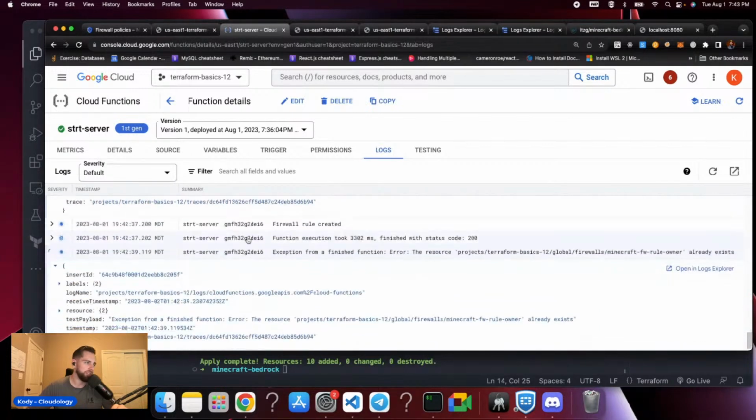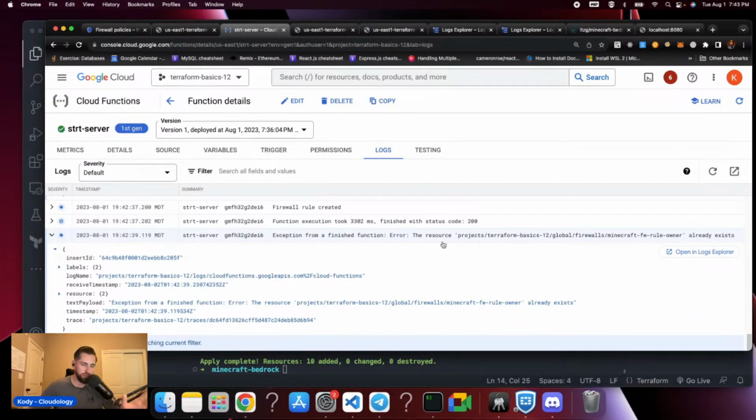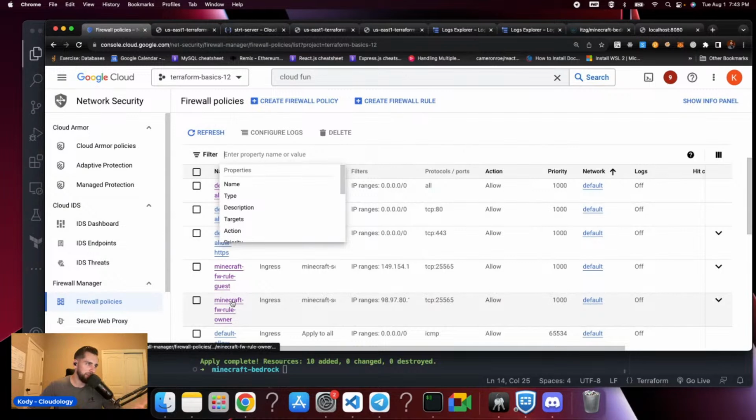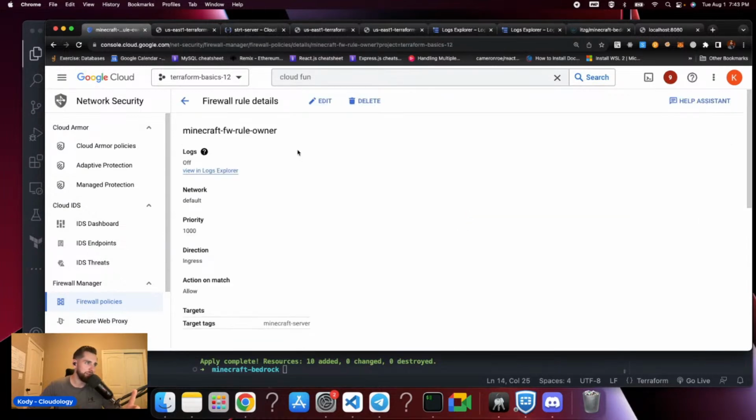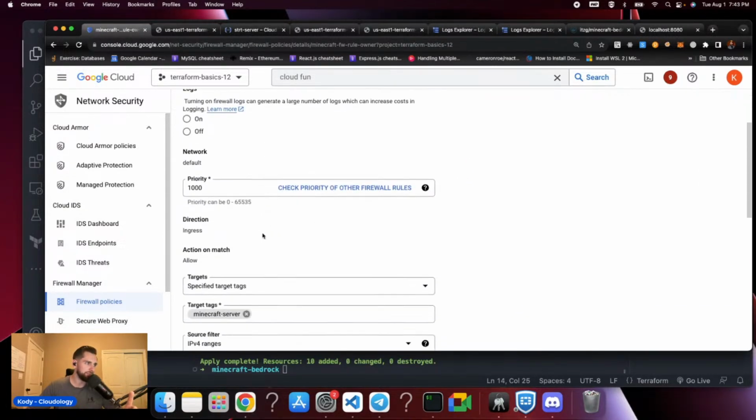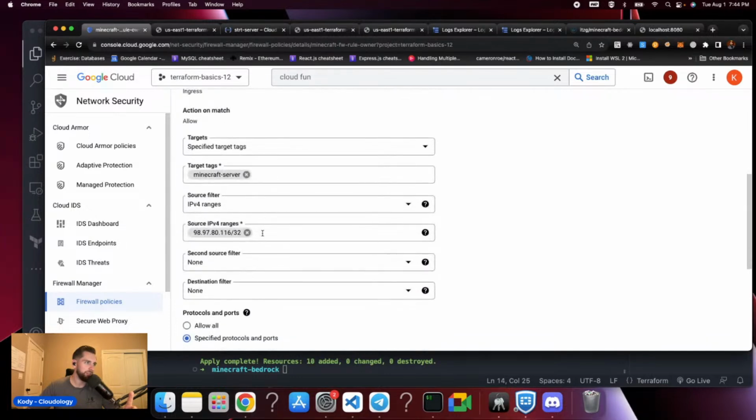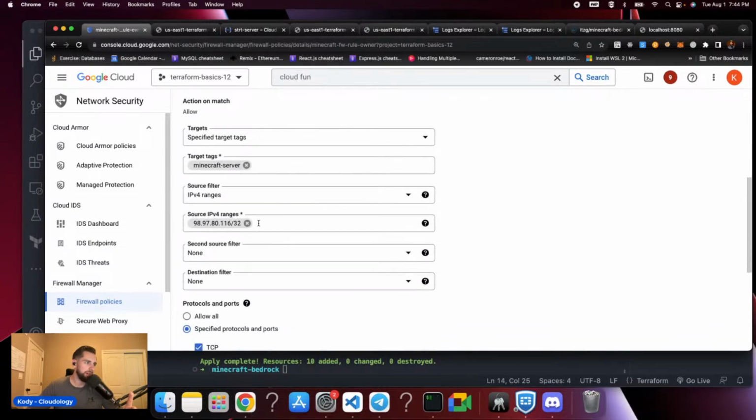Oh, yeah, it already exists. Okay, so essentially it did work, but it tried to create it, and it already exists. So basically what I'm going to do is I'm going to edit this, and we're going to add my IP